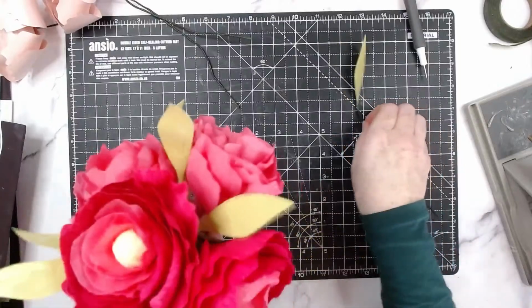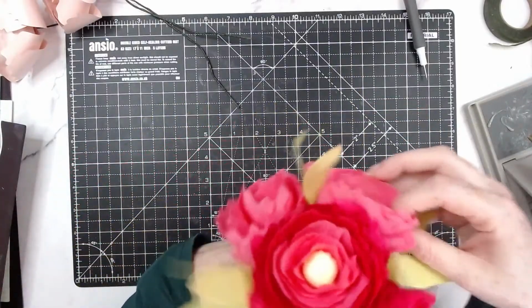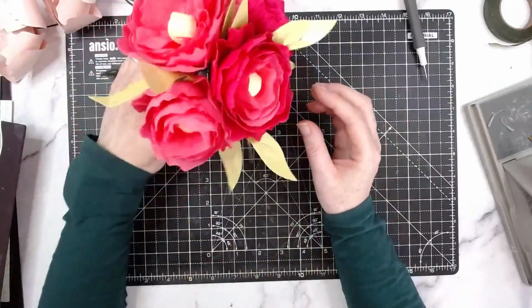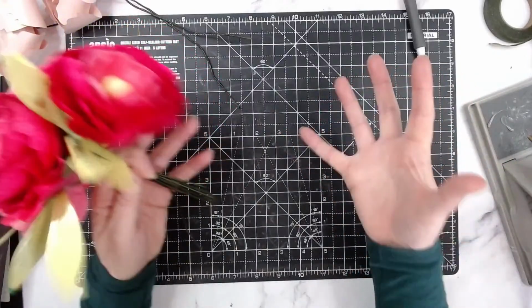Pop that round. There we go. And then you can just tie that with a ribbon. How beautiful is that? And if you really go to town with it, make loads of them, maybe